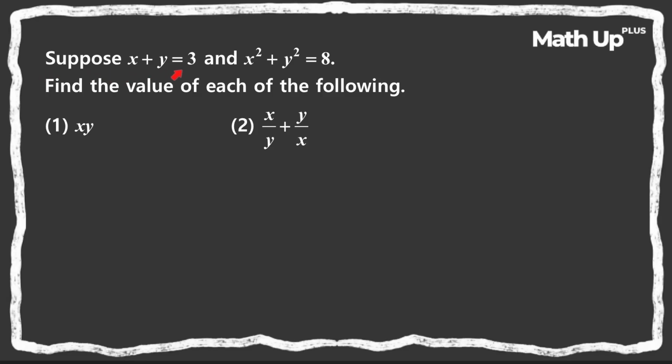Suppose x plus y is equal to 3 and x squared plus y squared is equal to 8. The question is to find the value of each of the following. Alright, it's given that x plus y is equal to 3 and x squared plus y squared is equal to